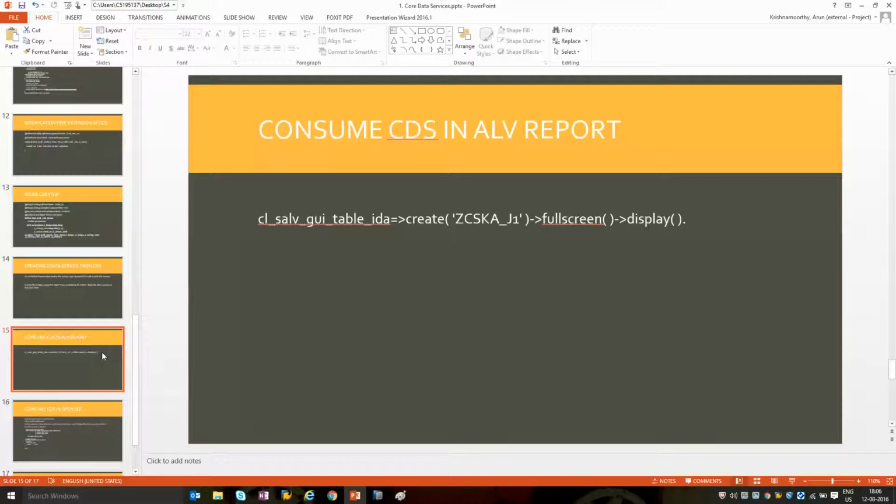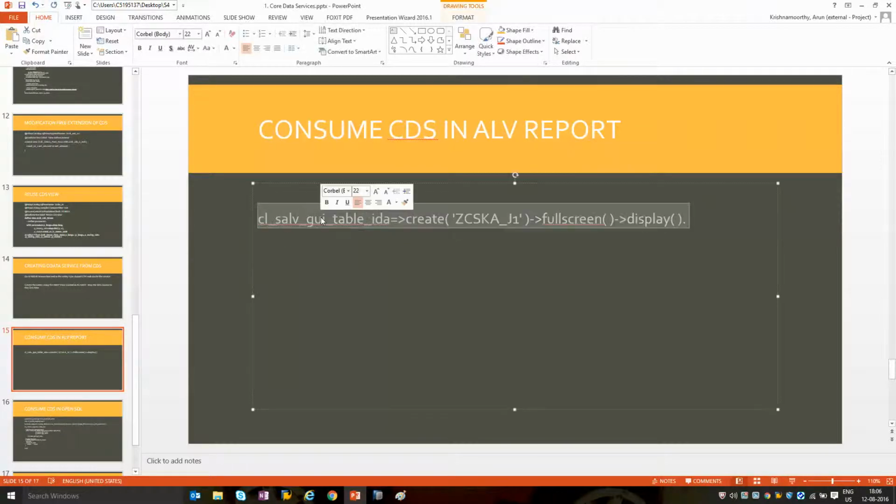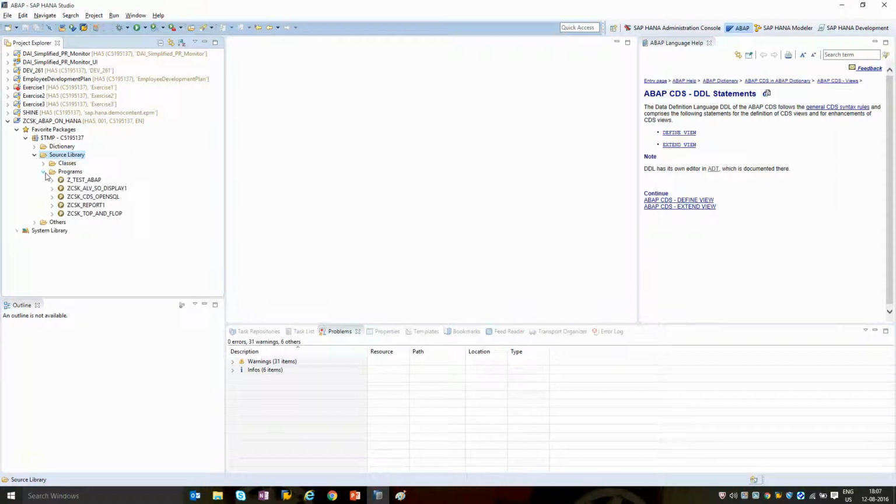SAP has created a class called CL_SALV_GUI_TABLE_IDA, in which you have a method called create, to which you just have to pass the name of the CDS view, and say how you want to display it, that you want to display it in full screen. So what I will do is first I will go over here and I will create